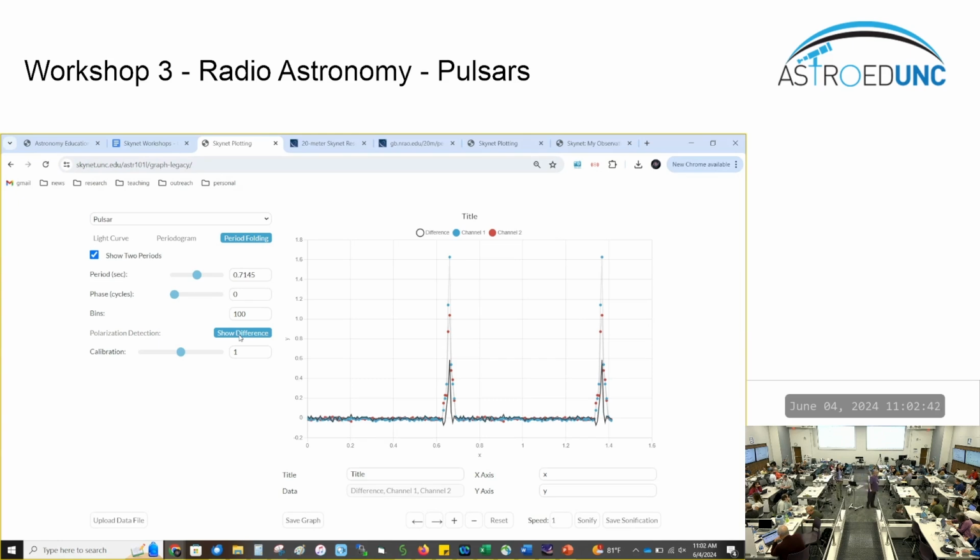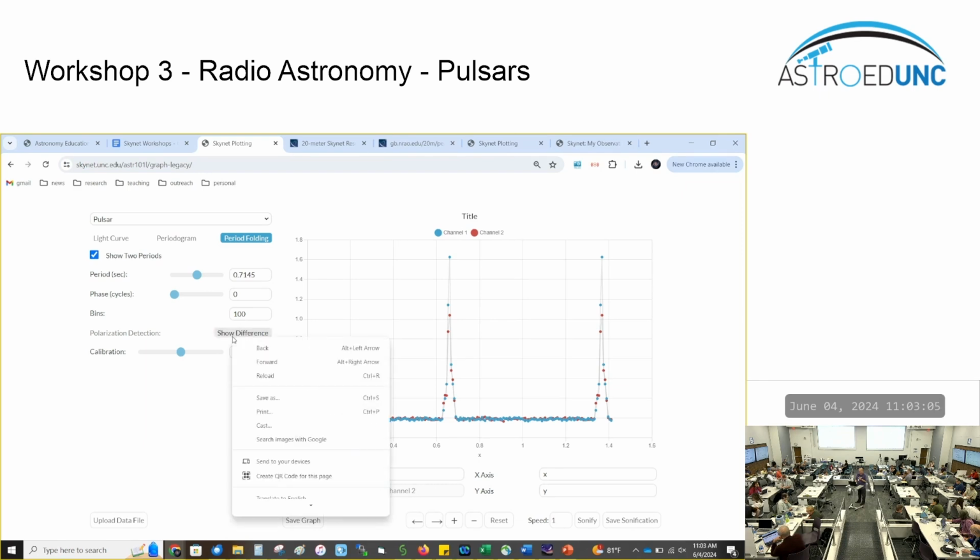Now, there is an amplitude differential between the two, an amplitude differential between the X and Y polarizations. Their amplitudes aren't exactly calibrated. There is a follow-up procedure in the workshop, or Skynet workshop Google document, that shows you how you can fix this. It does involve observing a calibration source. But if I show the difference between the two,